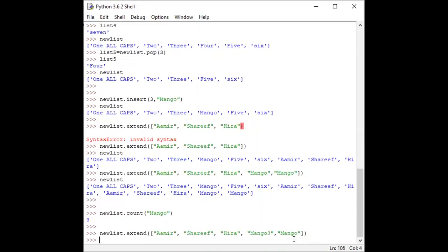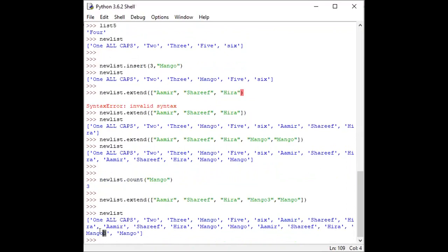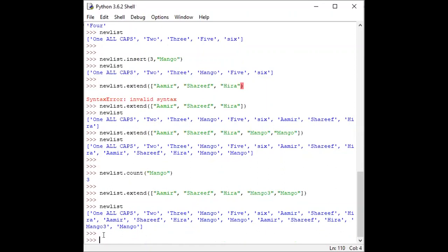Now if we call that list, we will see that the mango 3 is present in this place. Let me show you again if you want to check. So now the mango 3 is here.